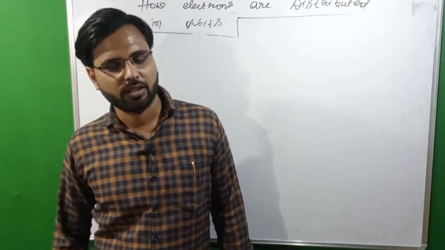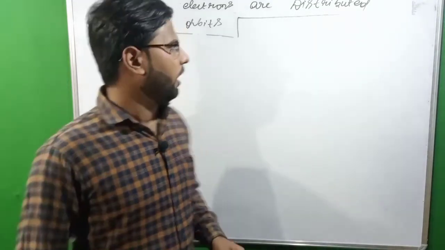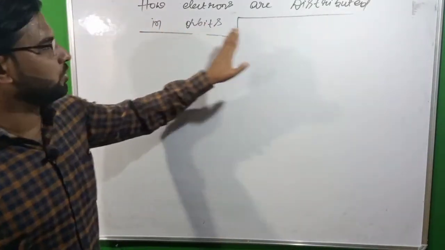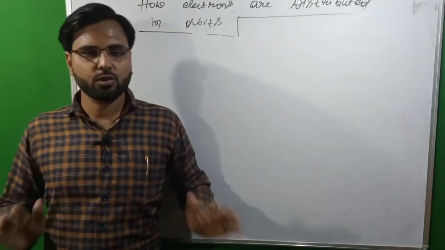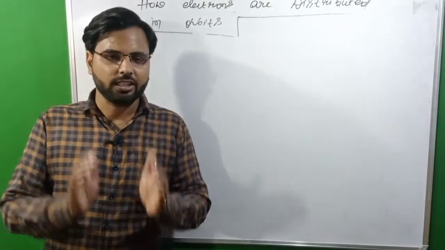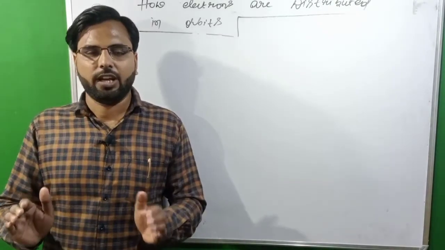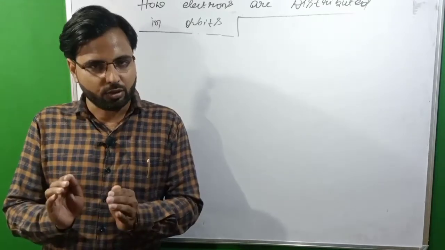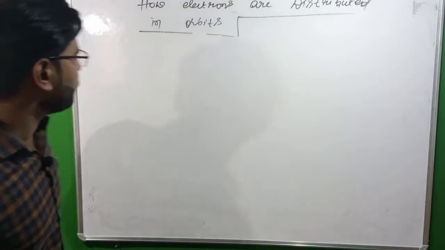I am Nishant Kumar. I am a science teacher, and today in this lecture I'll discuss how electrons are distributed in orbits. It is not true that any orbit has any number of electrons. Every orbit has a fixed number of electrons that can be calculated mathematically. So we can say that